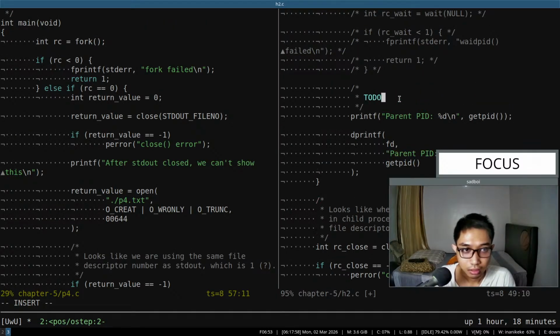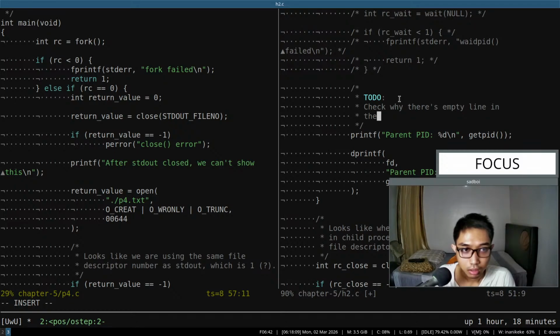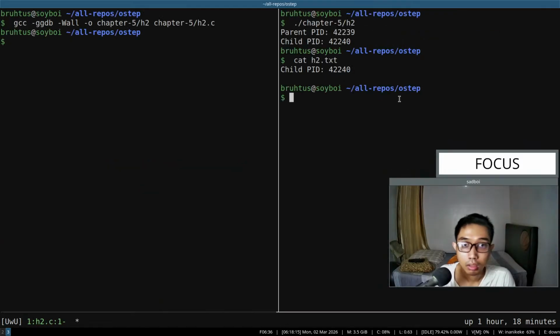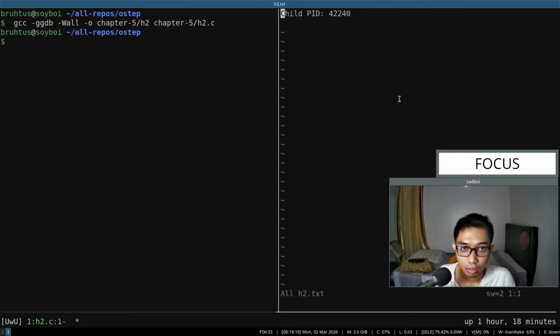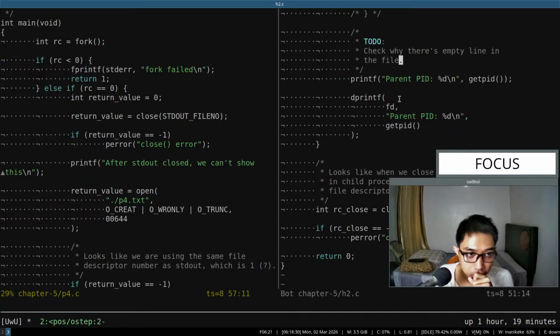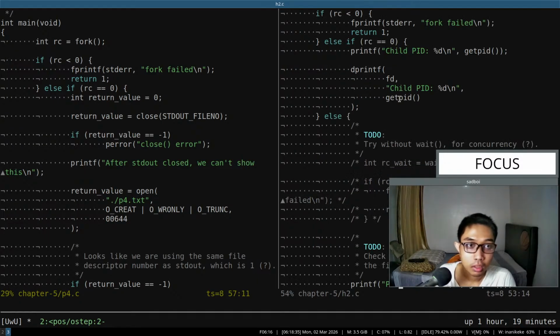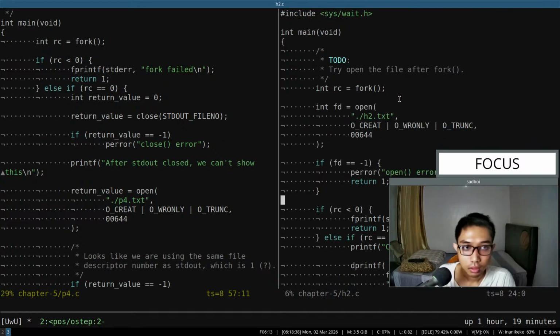Let me check why there is an empty line in the file. Okay. See, there's an empty line. Okay, so